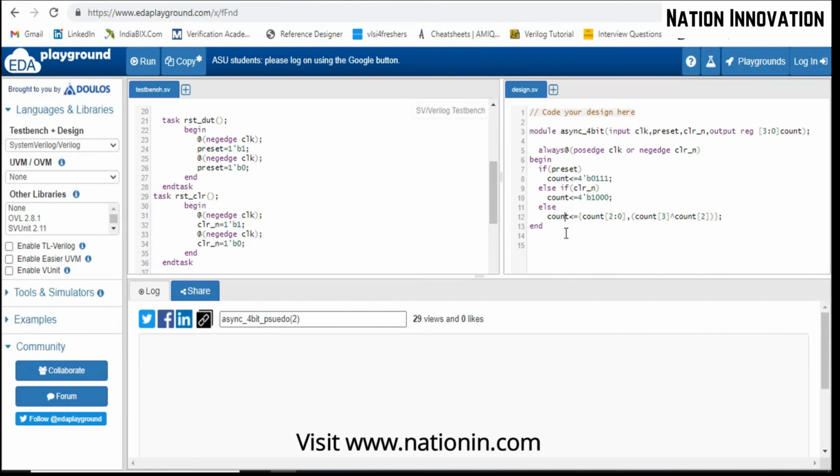Because if we provide the input at the same posedge, the output may have some errors, or it will give unexpected results, or it can go to the metastability state, what we can say. So if we are taking the output at the posedge of the clock, we give the input at the negedge of the clock.